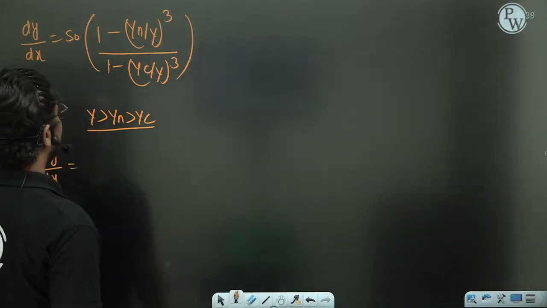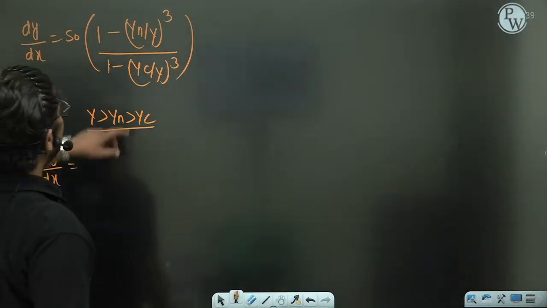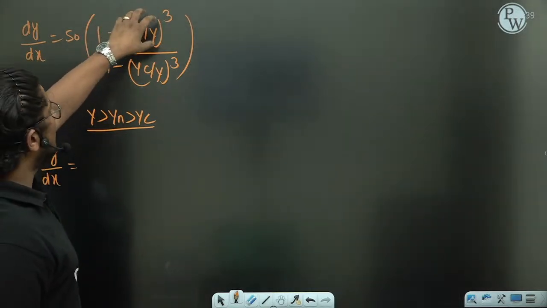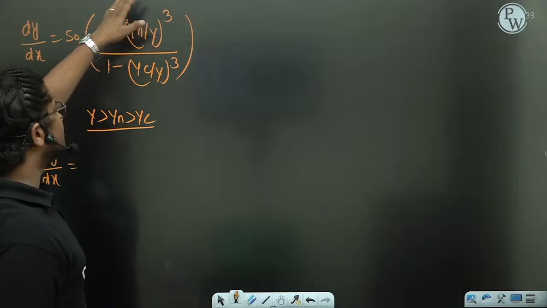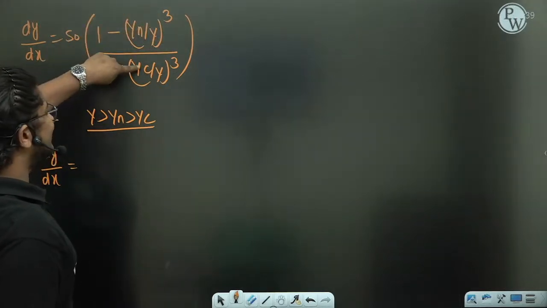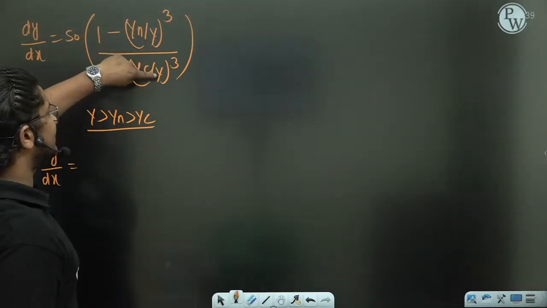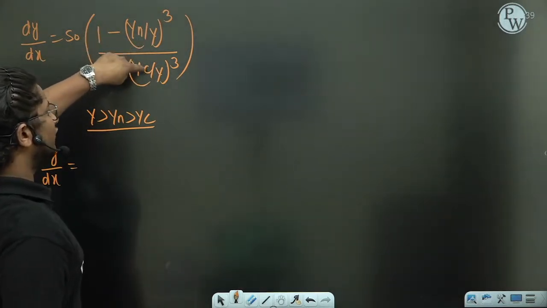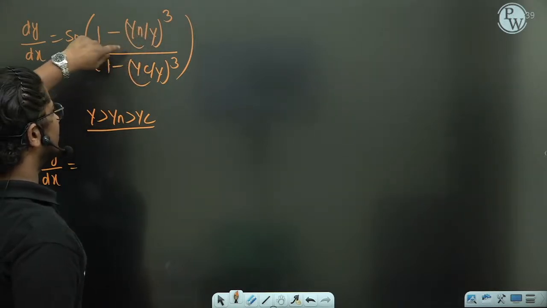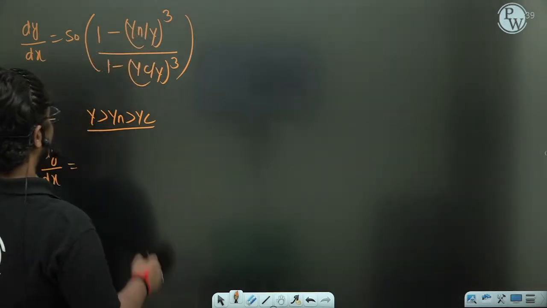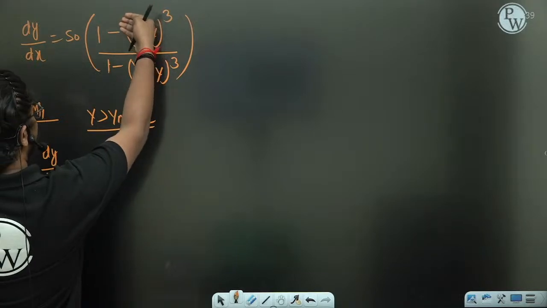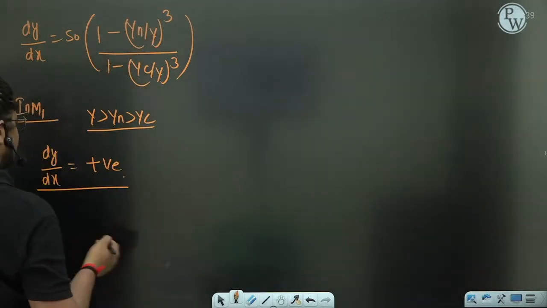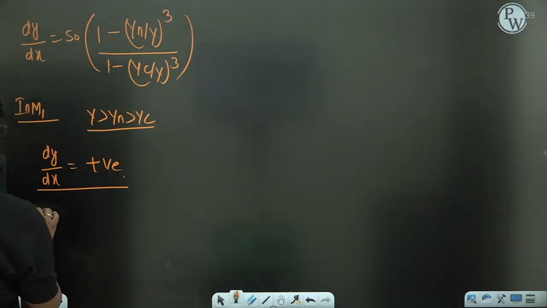Is it positive or negative? See, yn is less compared to y. So this value you are going to get less than 1. So 1 minus something lesser than 1 will give you a positive value. Yc is lesser, y is bigger. So again, this value you are getting lesser than 1. If you take the cube of that, again it will be less than 1 only. 1 minus something which is less than 1, again it will give you a positive value. So positive divided by positive, it will be a positive value. What does it mean? It implies